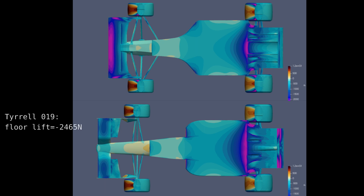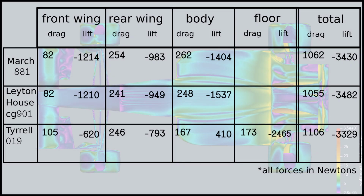So the floor on its own contributed 2065 newtons of downforce. However, the body produced 410 newtons of lift. Adding the floor and body together gave 2550 newtons of downforce, compared to the Leyton House 901 with 1537 newtons. That is, the Tyrrell's floor and body is 30% more effective than the 901, even though the 901 has a more advanced diffuser. Here is a table of numbers for the few that are interested,